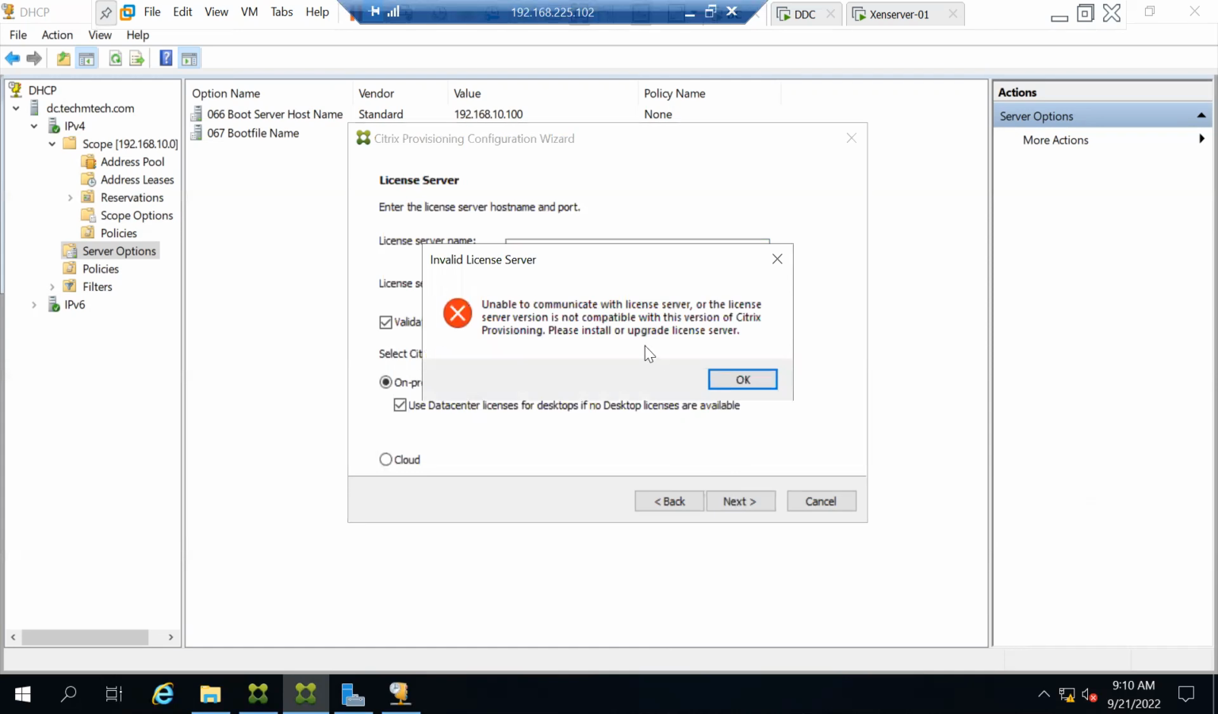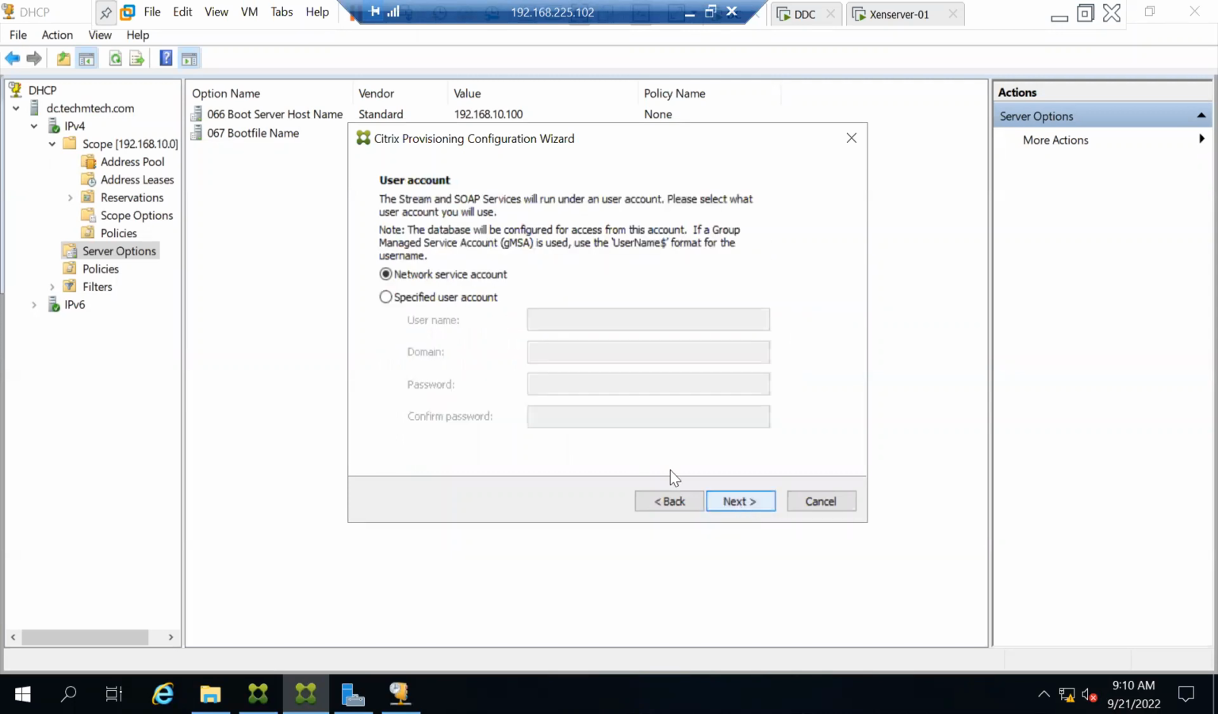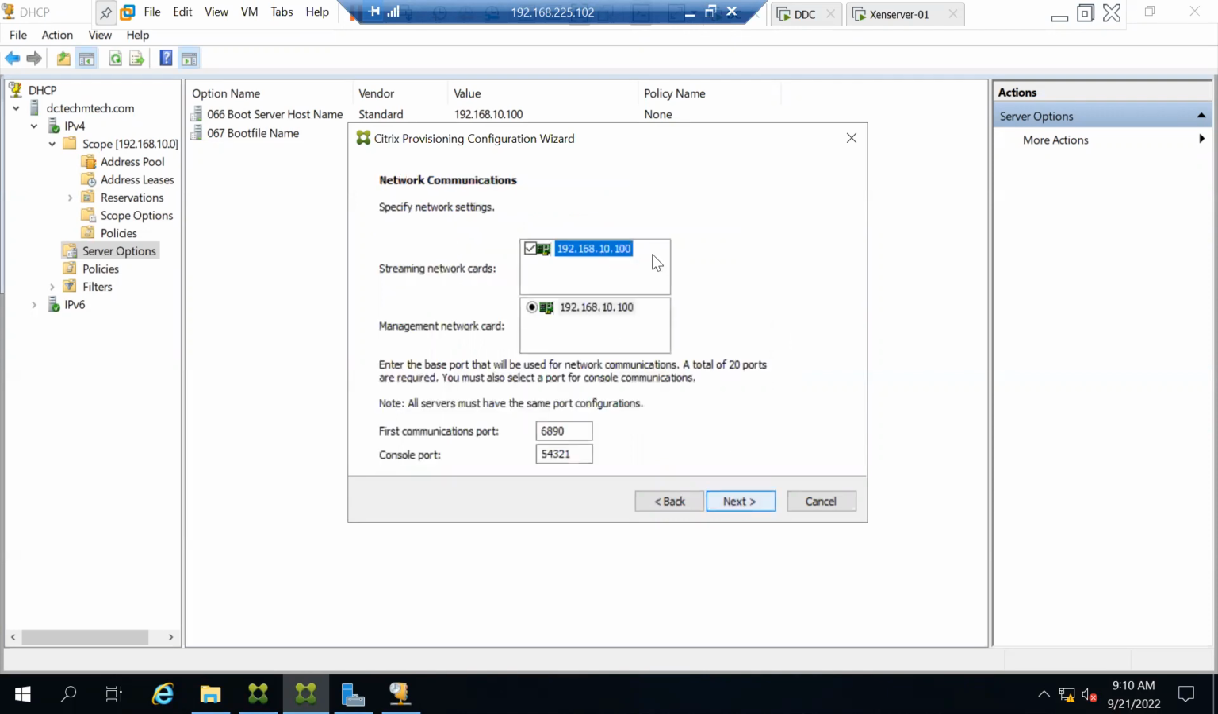Unable to communicate with the license server. Why? Because the license server is configured on the DDC. Now click on next. Now it has been configured. Simply click on next. Account password update is by default every 7 days. Okay, click on next. So now here it is showing